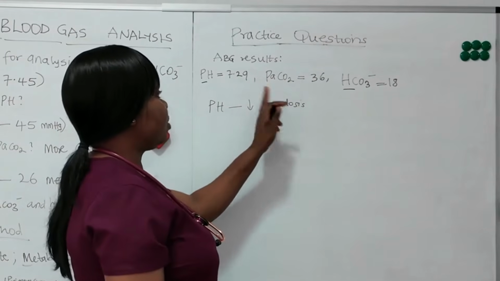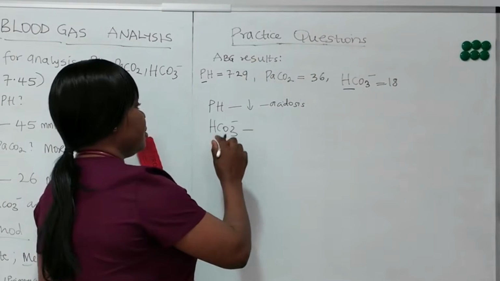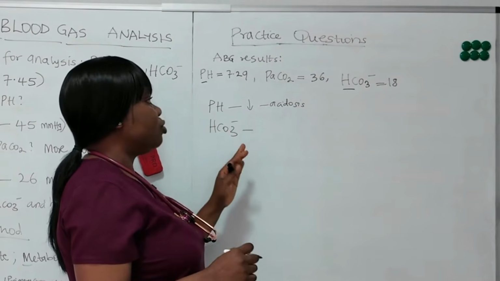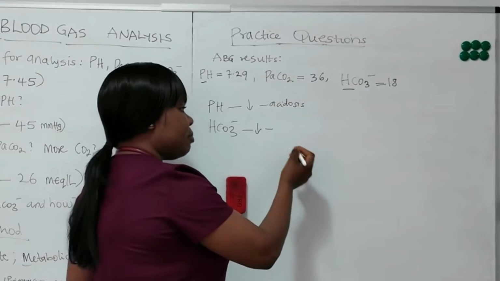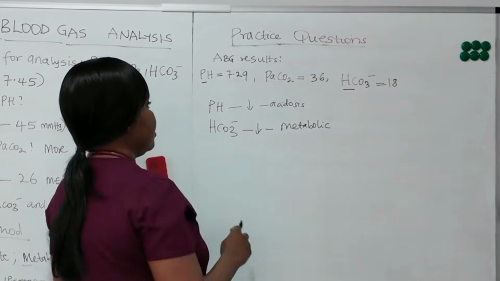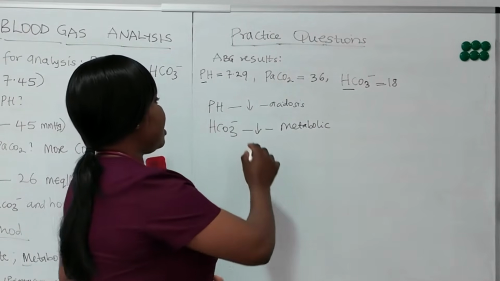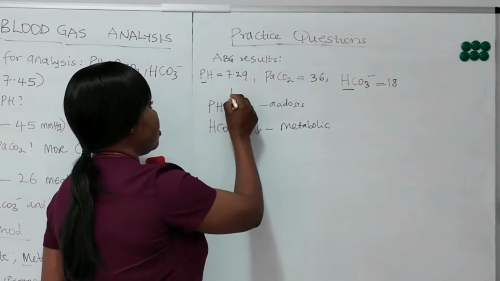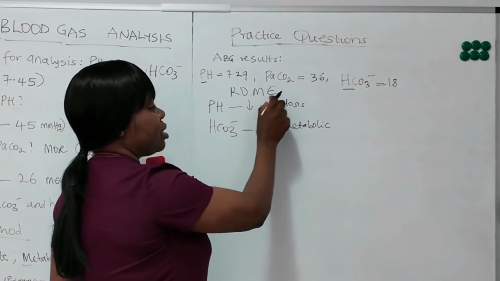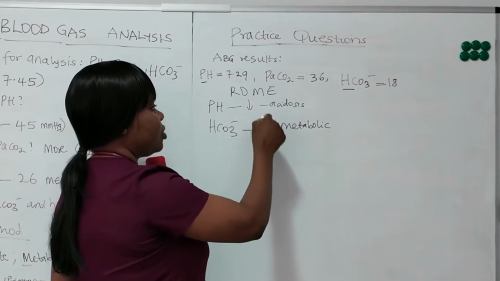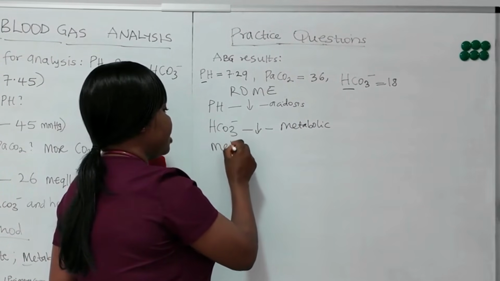And then the next one, remember I said we just analyze pH first and the HCO₃. Now for the bicarbonate, the usual range is 22 to 26. And we know that bicarbonate is a metabolic issue. So let's analyze these two first. So with this direction going the same way, using the ROME method, metabolic says equal. So you can see these two directions are going the same direction. So we can predict that this is a metabolic